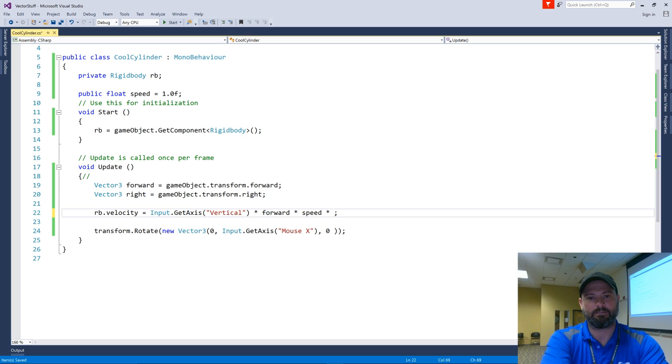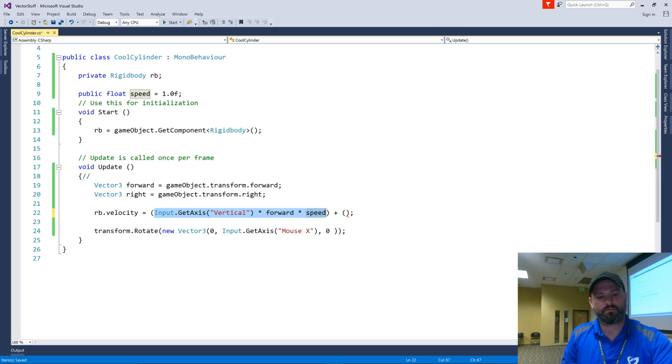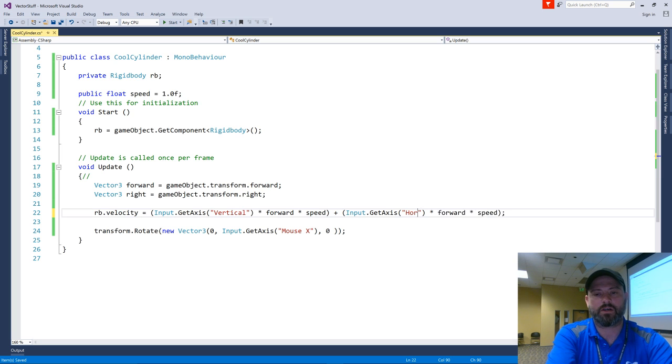Plus, it doesn't really matter that I'm adding this other stuff to it. Plus, this is going to be horizontal.